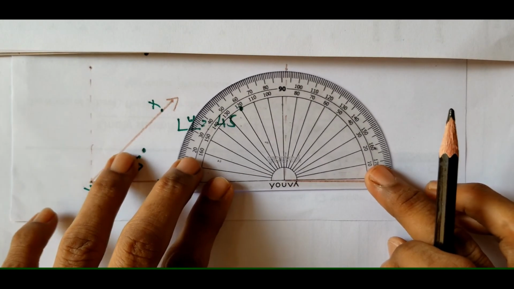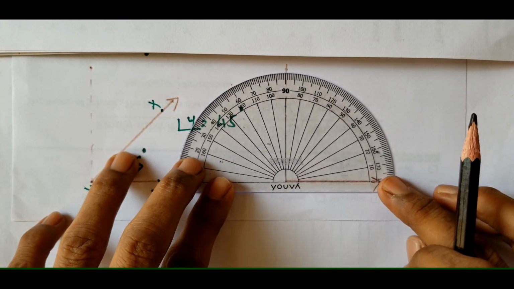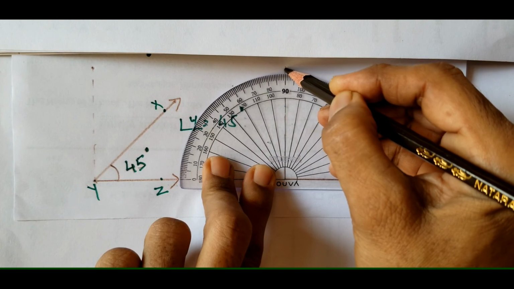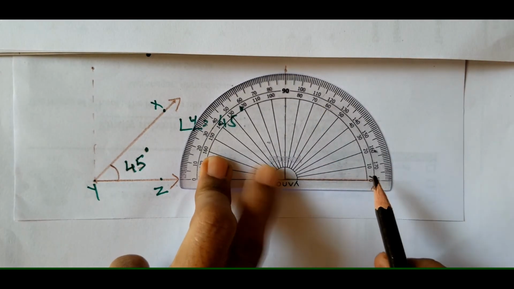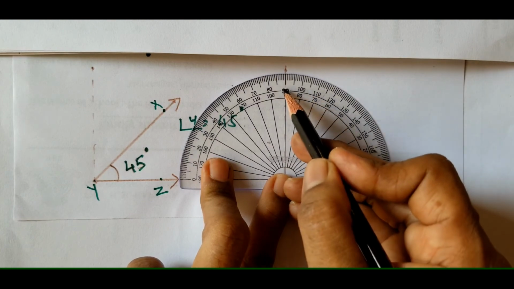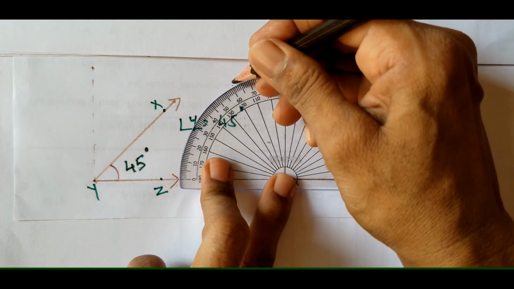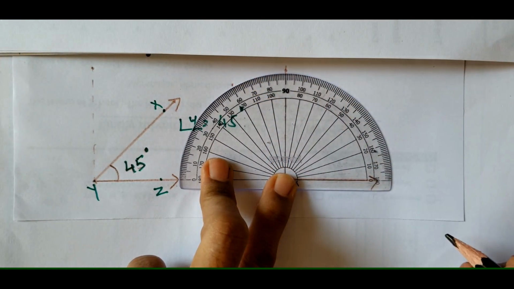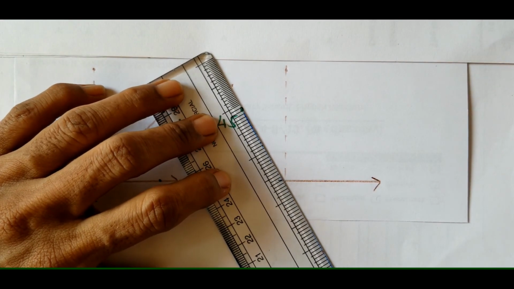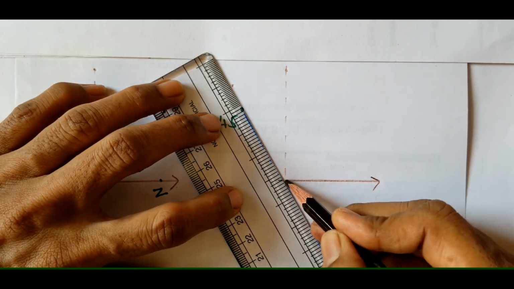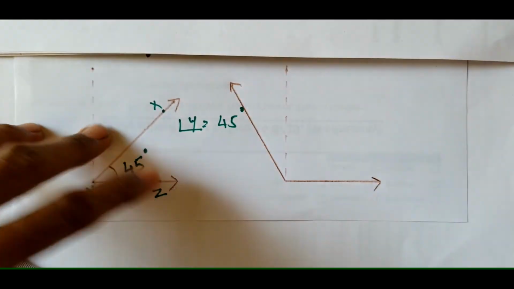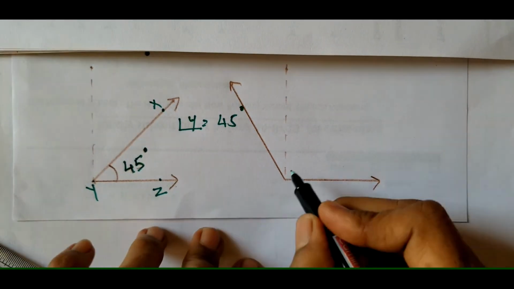Put your protractor here. This is my 90 degrees. I am going to draw 120 now. So inner circle, it will come to my left side. Inner circle, it is more than 90. So go to this side, put a point at 120. Now join this 120 line to your vertex, or where we kept the protractor. Make it a ray.